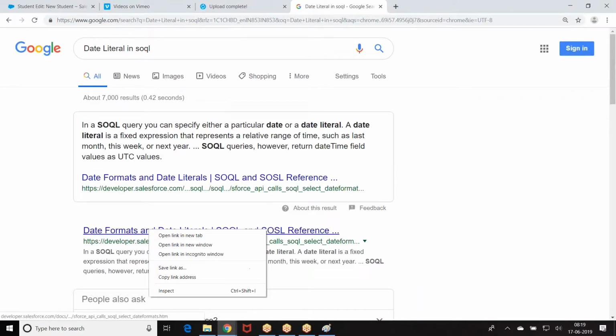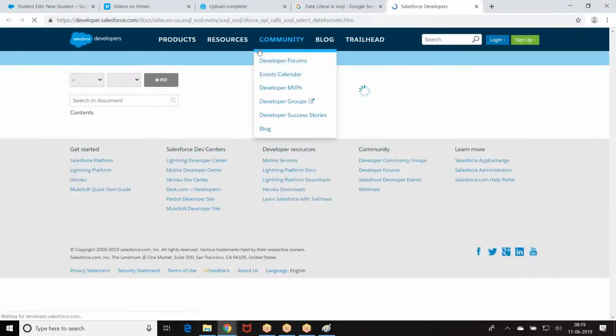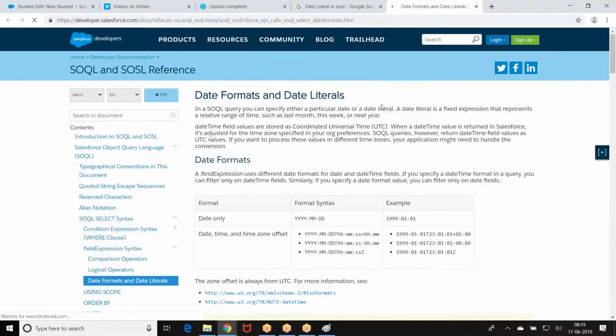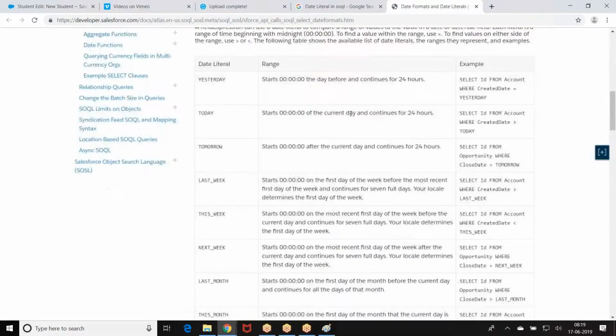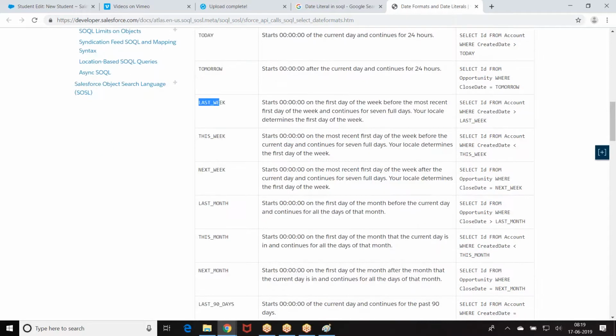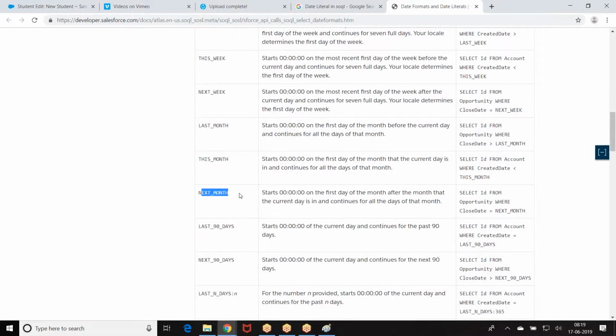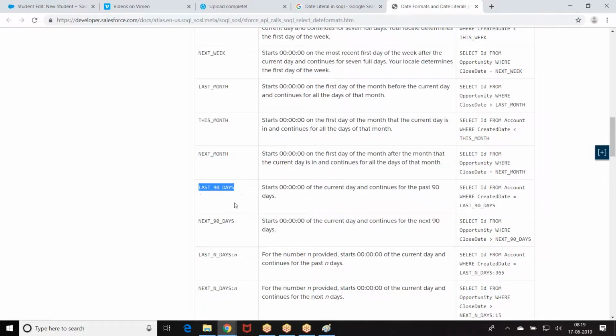This is a big list here. Look at this: yesterday, today, tomorrow, last week, this week, next week, last month, this month, next month, last 90 days, next 90 days, last 10 days.